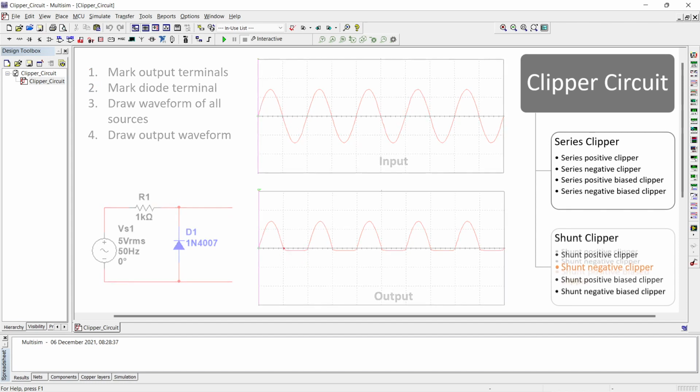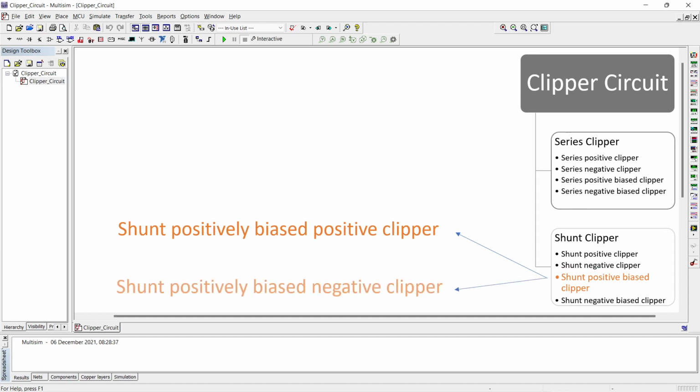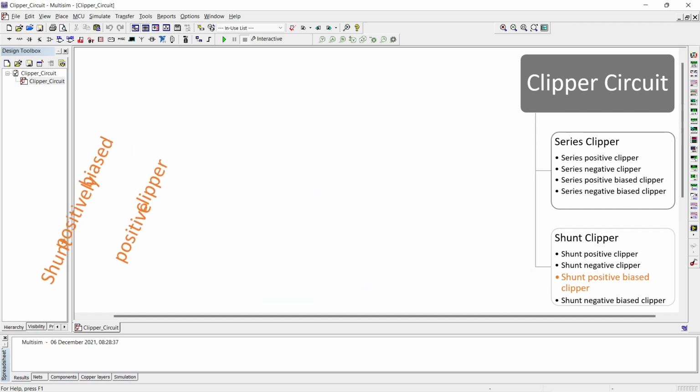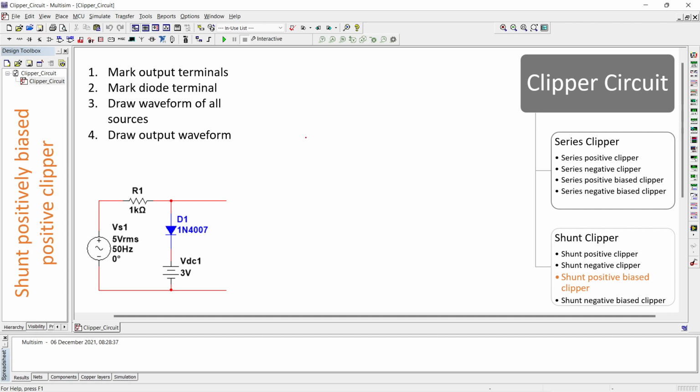Now let's go for shunt positive biased clipper. There are two types of shunt positive biased: shunt positively biased positive clipper and shunt positively biased negative clipper. Amongst these two, first we'll go for shunt positively biased positive clipper. So this is the circuit,